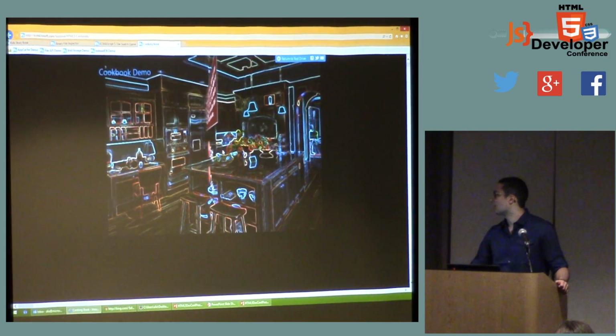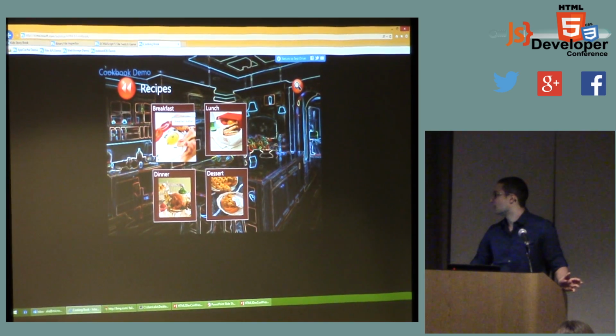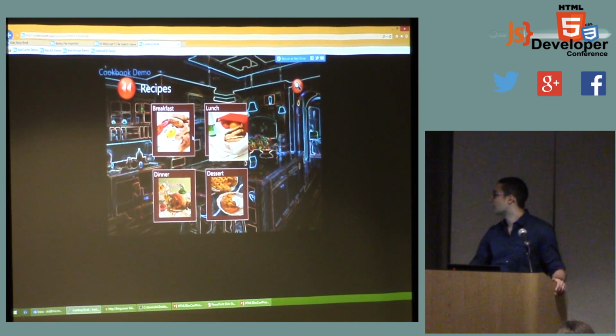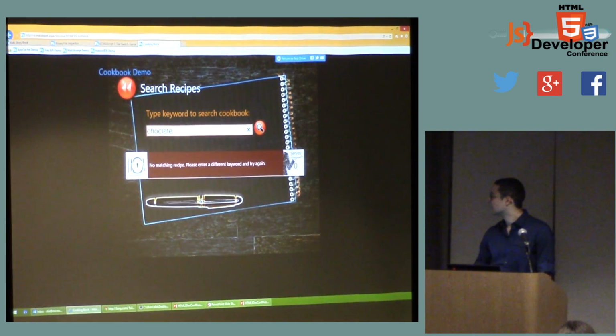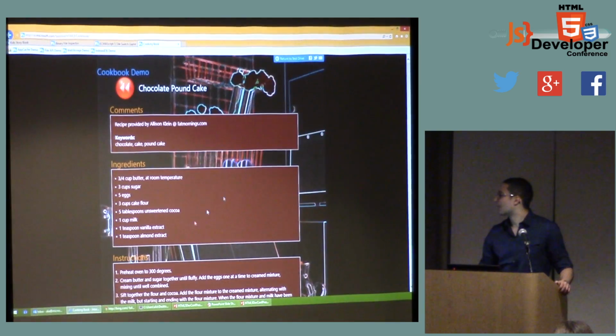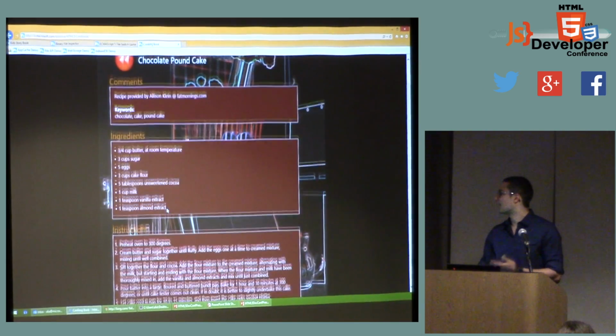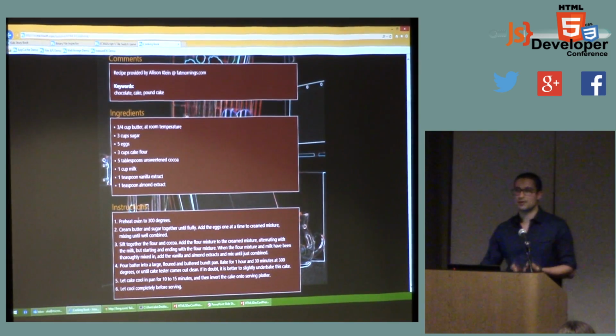So we're going to start here, and we can either search by like breakfast, lunch, or dinner, or dessert, or we can actually search for keywords and type in something like chocolate, for example. Oh, I spelled it wrong. Oh wow, it serves 16 people. So here we open it up, and we can see exactly what that recipe has, ingredients, and the instructions that we have to actually fulfill that recipe,